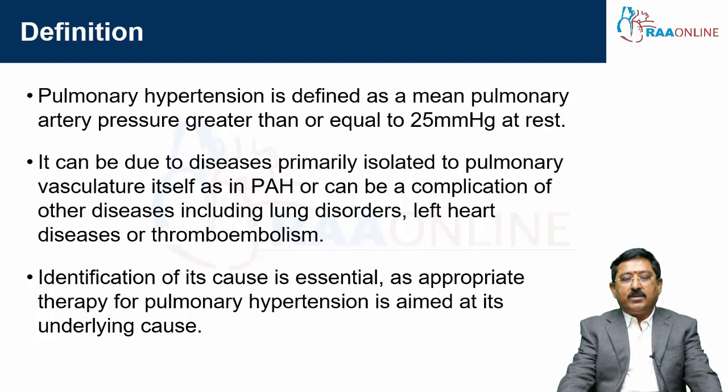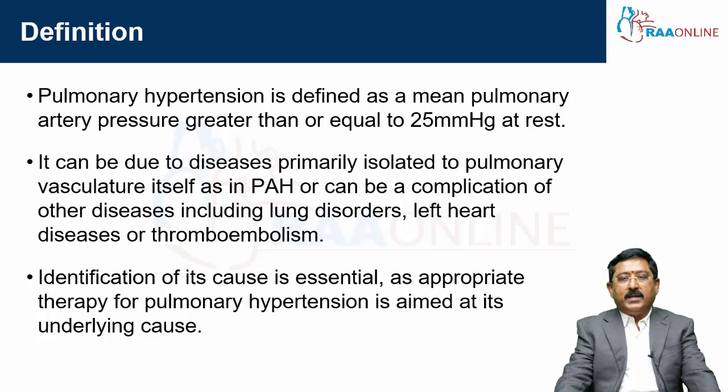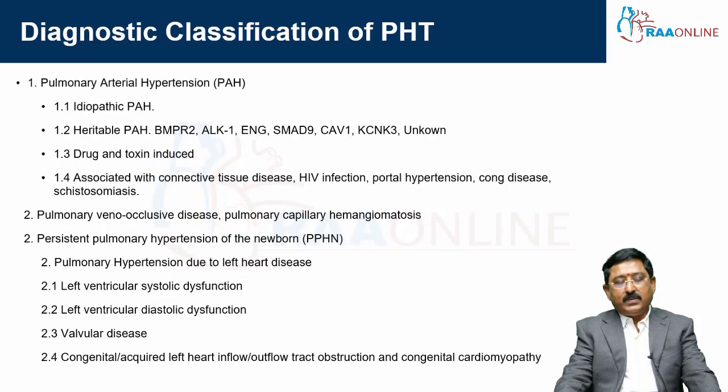Identification of the cause is essential, and appropriate therapy for pulmonary hypertension is aimed at the underlying cause. For example, if you are dealing with interstitial lung disease related pulmonary hypertension, you have to treat the interstitial lung disease as a separate part along with the pulmonary arterial hypertension. So, the diagnostic classification of pulmonary arterial hypertension, as I told you: